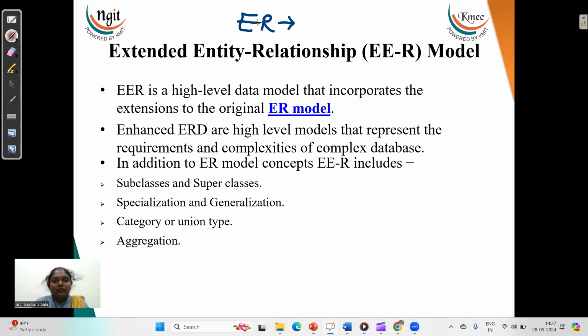Now, when we want to design real world scenarios, the entity relationship model will not be up to the mark in specifying a new set of constraints. So that's how the extended ER model has been developed. This model helps us to design an ER model which can cater to even new generation constraints.